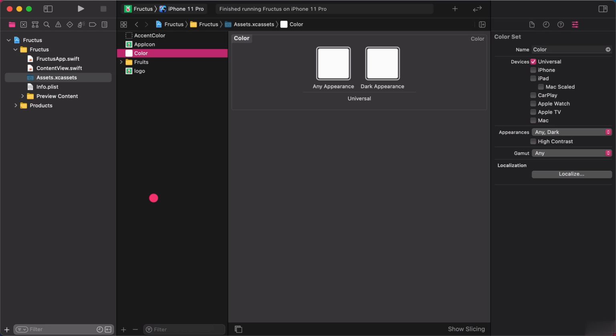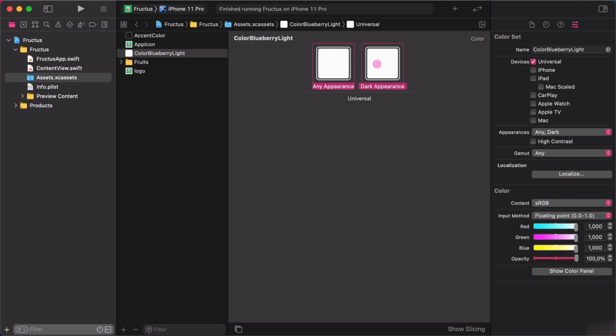As you notice, there is a new white color set added to the project. Now, by clicking on its default name, we can rename it. Give it a new name such as Color Blueberry Light. Nice. After that, select both of the Any Appearance and the Dark Appearance colors in the editor as I show